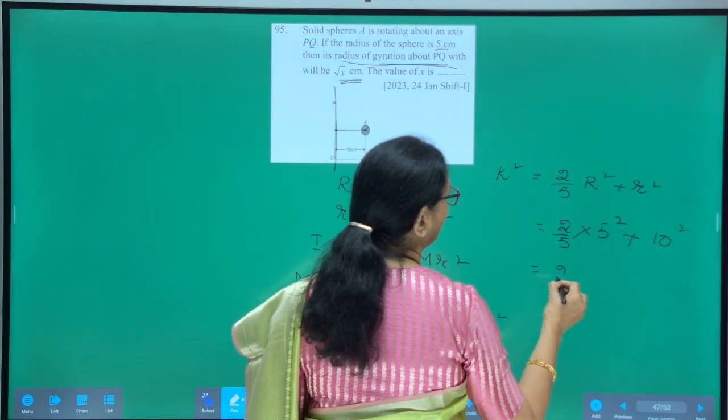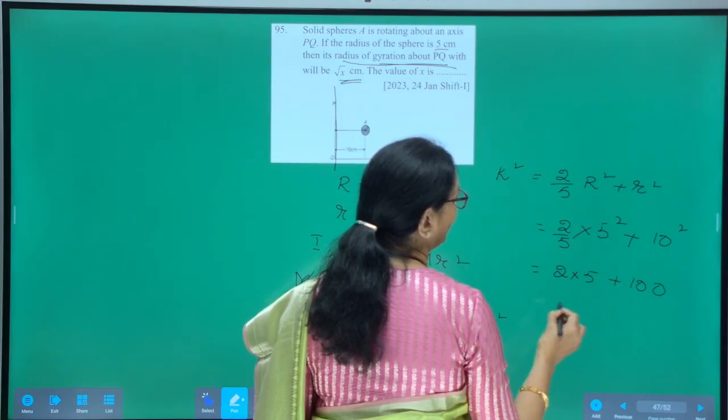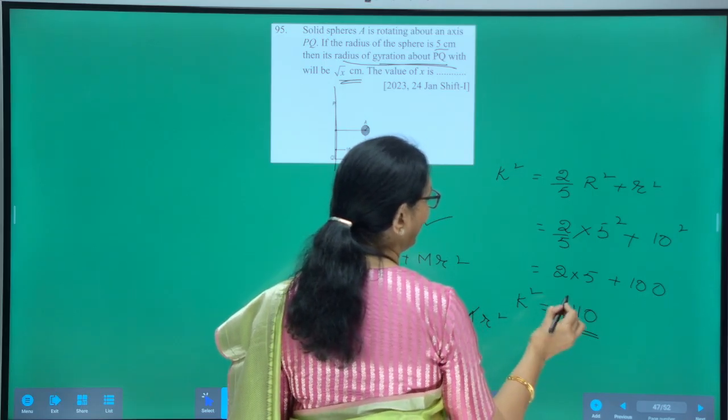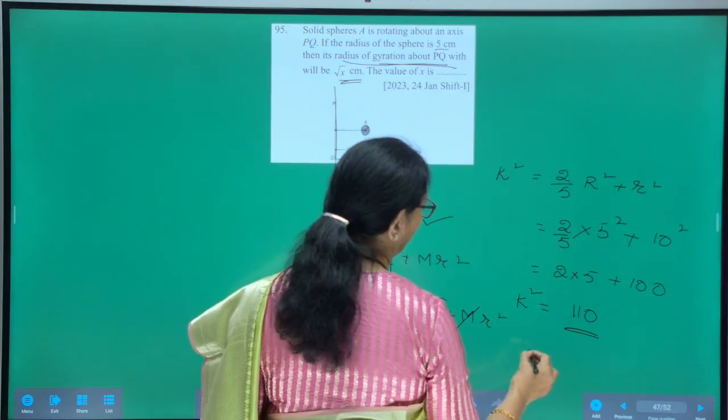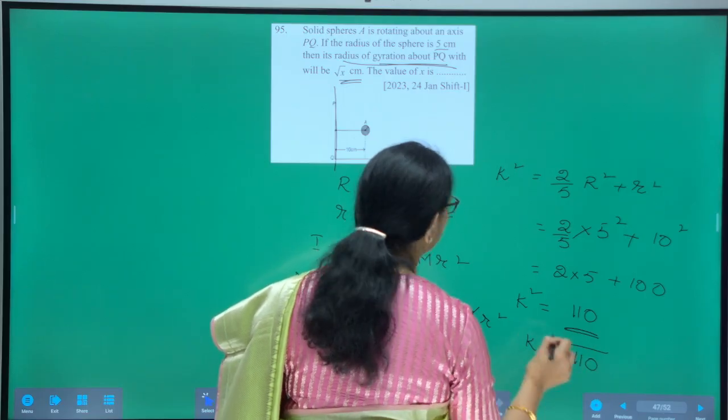So, here 2 into 5 plus 100. So, that is 110. K square is equal to 110, but k is equal to square root of 110,